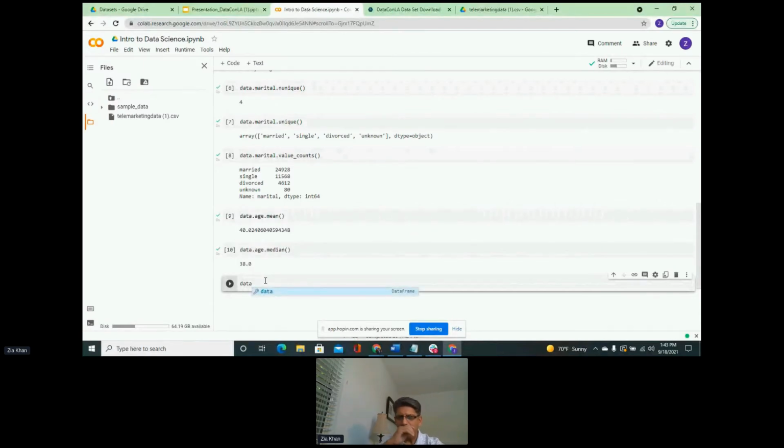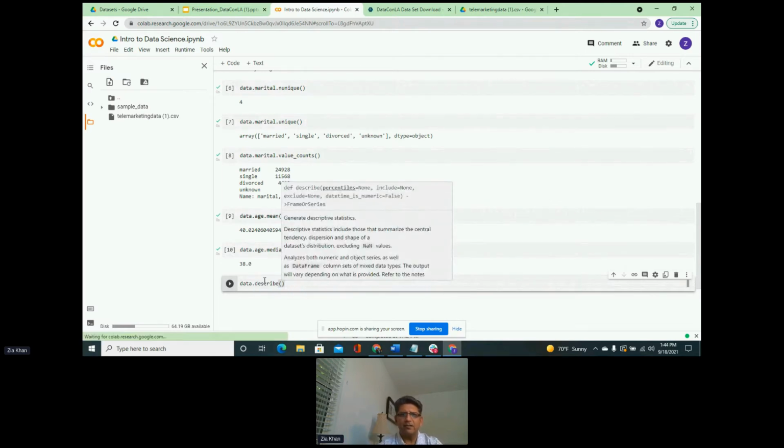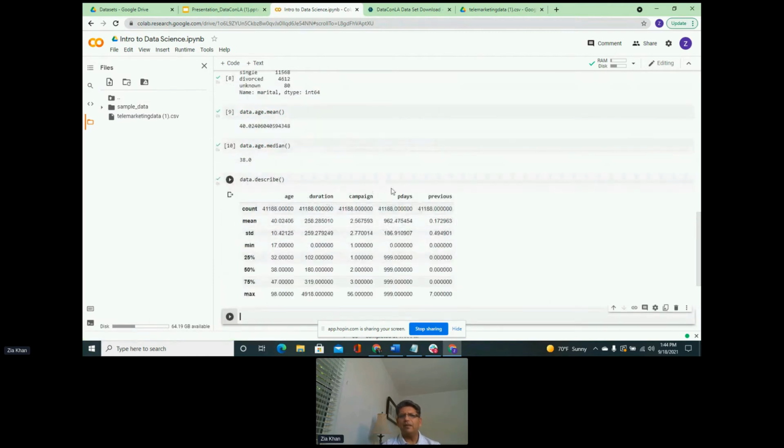So what I want to do is find out this mean and median for all the numeric fields. And I don't want to go individually one by one. I want to find out for every numeric field. So I can go data, which is our object, and describe. What describe does is it provides us descriptive statistics for all the numeric fields.